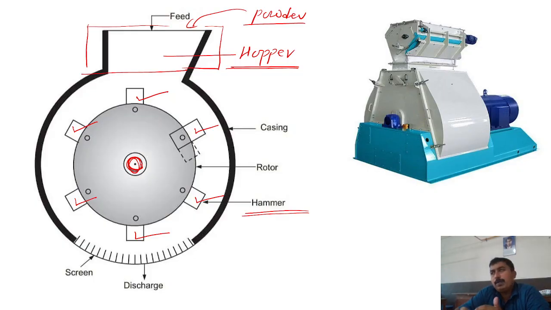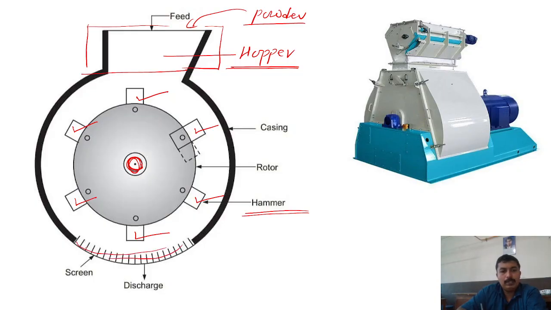Sometimes powders are acidic in nature, sometimes basic, and that may cause corrosion of the hammers. To avoid the chances of corrosion, the hammers are made of stainless steel. We'll discuss the hammers in detail, and the next part is the sieve, which is